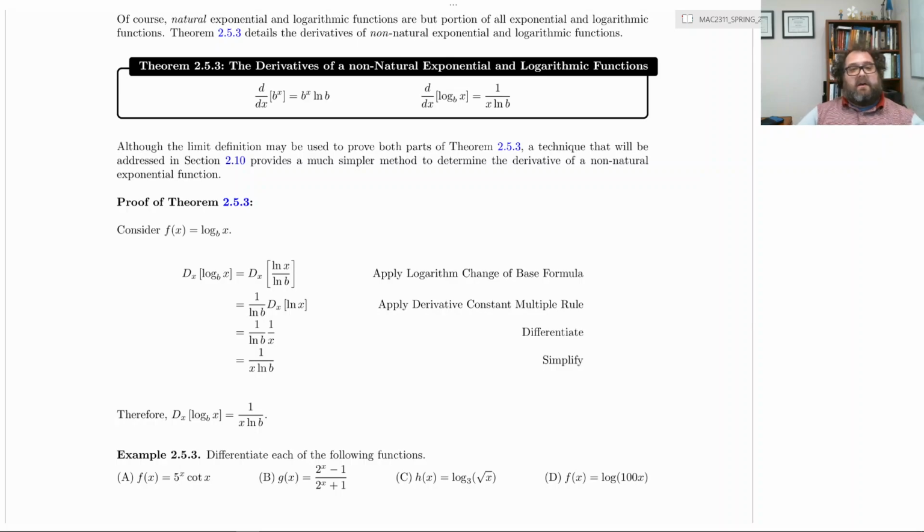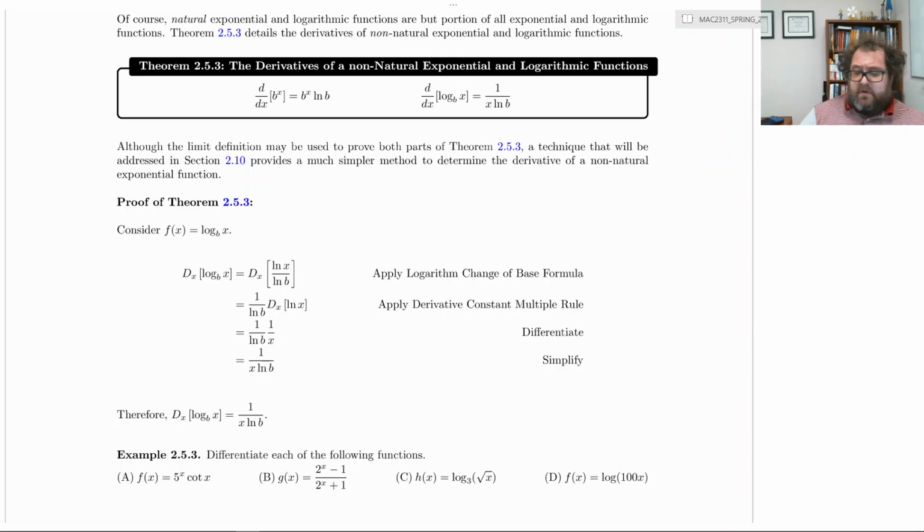All right, topic of today is the derivatives of non-natural exponentials and non-natural logarithmic functions. So in the past two videos, we talked about the derivatives of the natural logarithm and the natural exponential, e to the x and natural log x. But of course, we work with exponentials and logarithms that are not always base e. Remember, natural log is base e. Natural exponentials are base e, but we deal with them that are not natural,